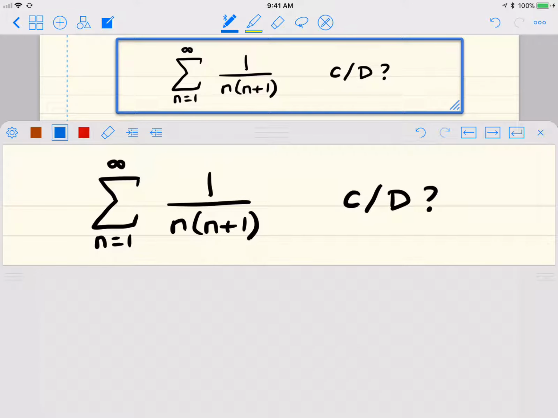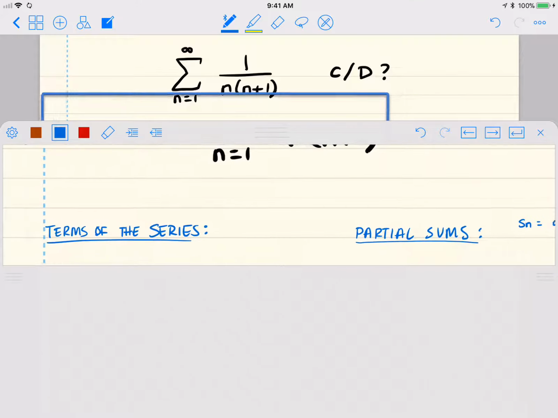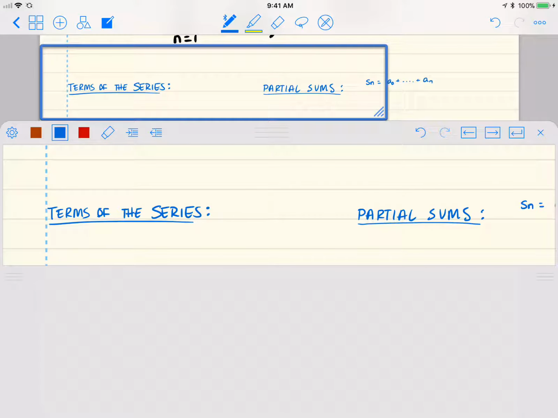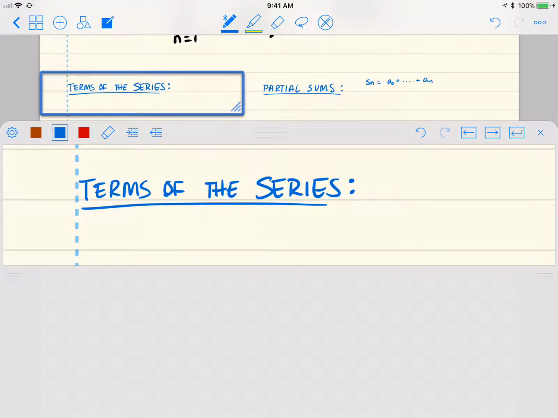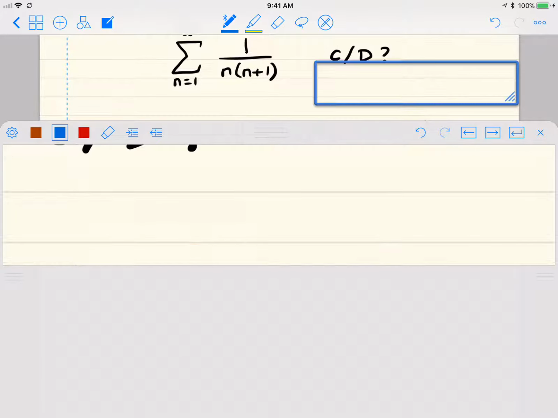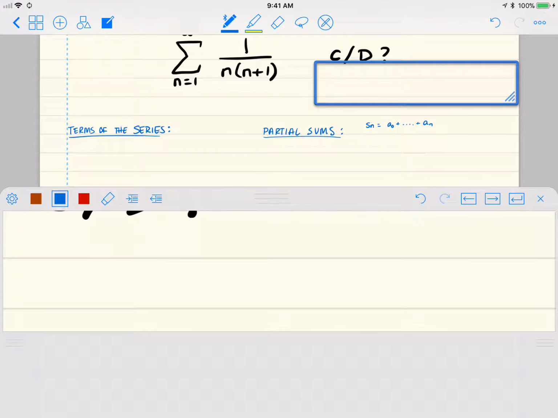So we're going to do our same method. We still are investigating the same question, convergence or divergence. Does the series converge or diverge? And the first thing we're going to do is look at the terms of the series. Now, notice when we look at the terms of the series, actually,